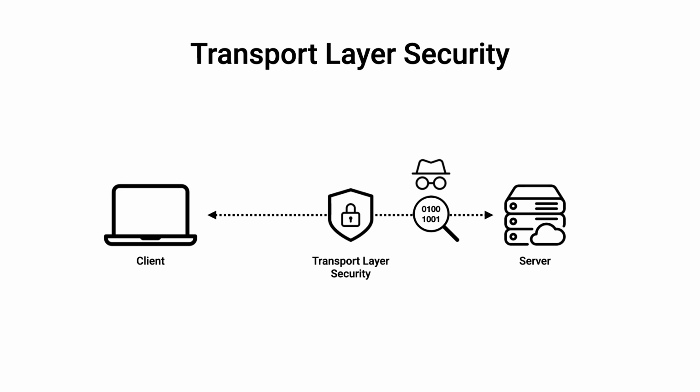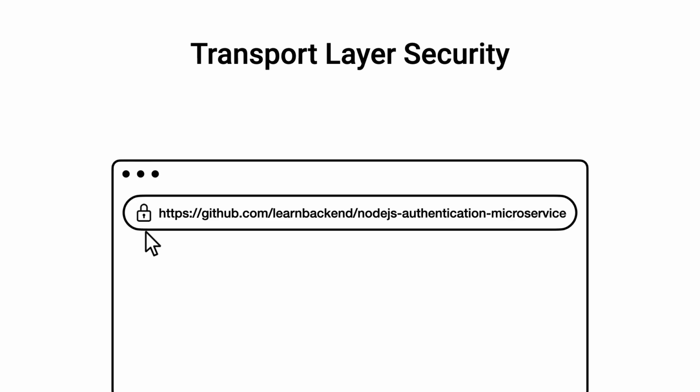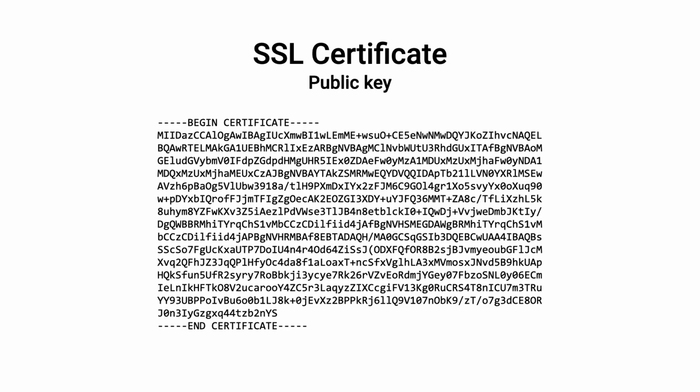This protocol is mostly familiar to users through its use in secure web browsing, and in particular the padlock icon that appears in web browsers when a secure session is established. That being said, to enable TLS encryption on the server, we need to acquire an SSL certificate provided by a trusted third-party entity called a certificate authority, such as Cloudflare, DigiCert, or GeoTrust, which is essentially composed of two data